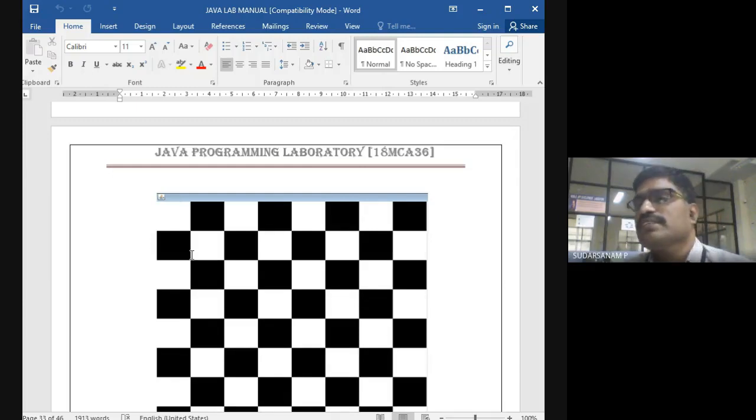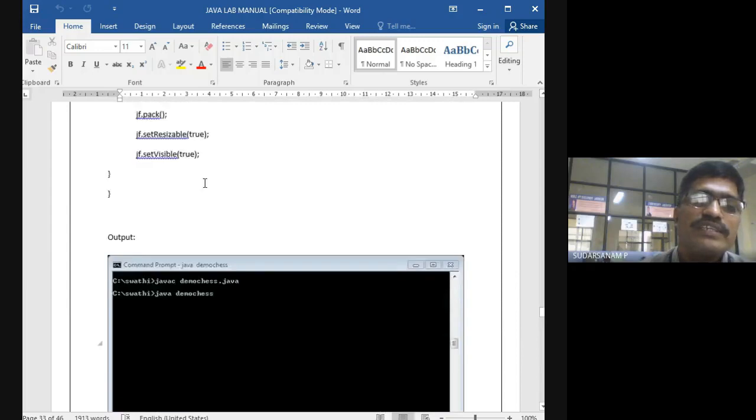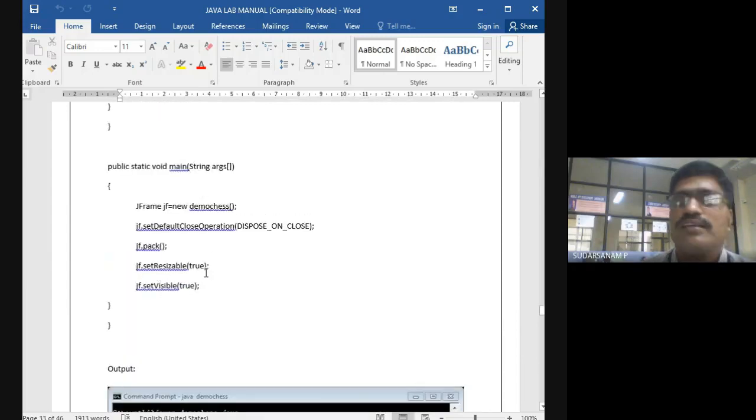So 600 by 600 or 300 by 300. This size you can set. I made visible is true and draggable is true, so that you can enlarge the output automatically also. That is what we have written here. So resizable is true. Once you write this statement, you can enlarge your program automatically. That is the advantage.